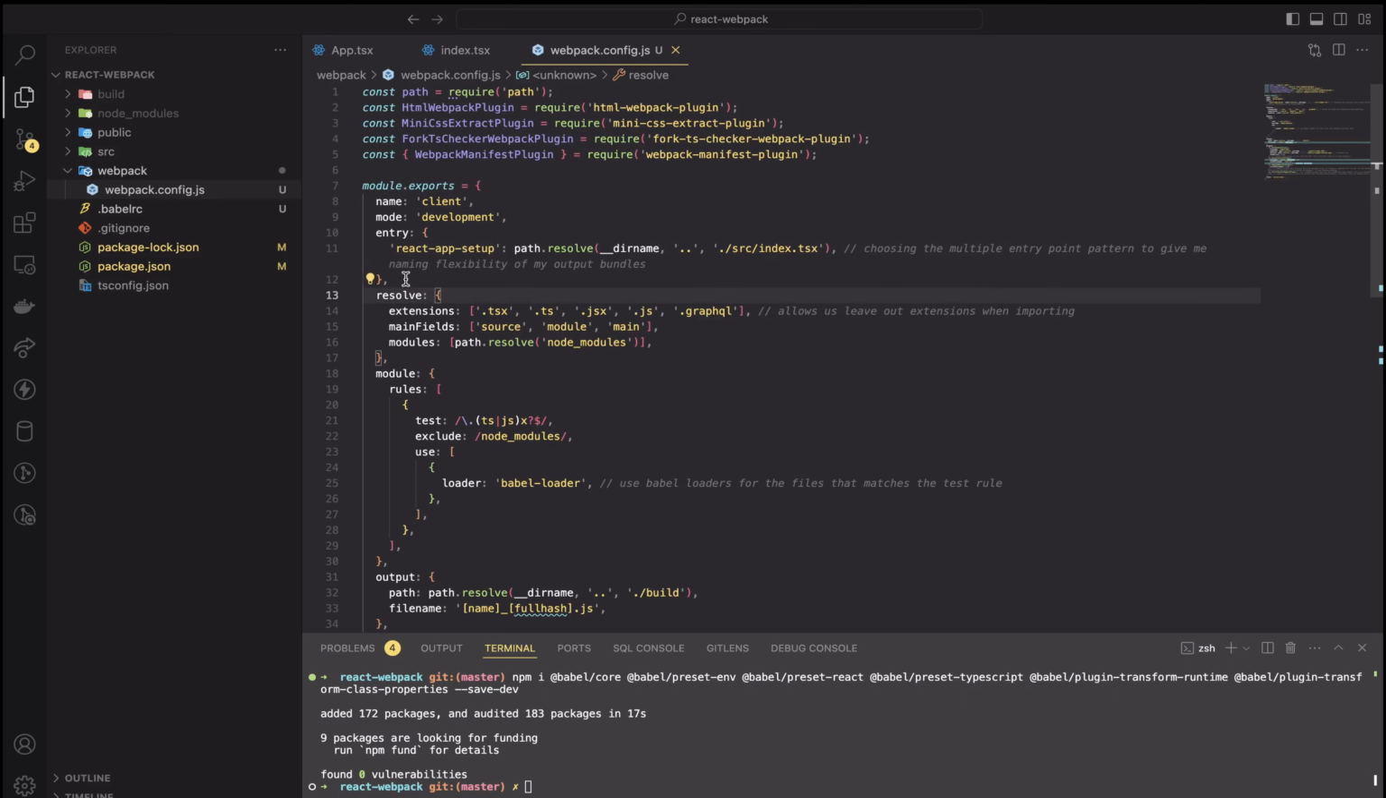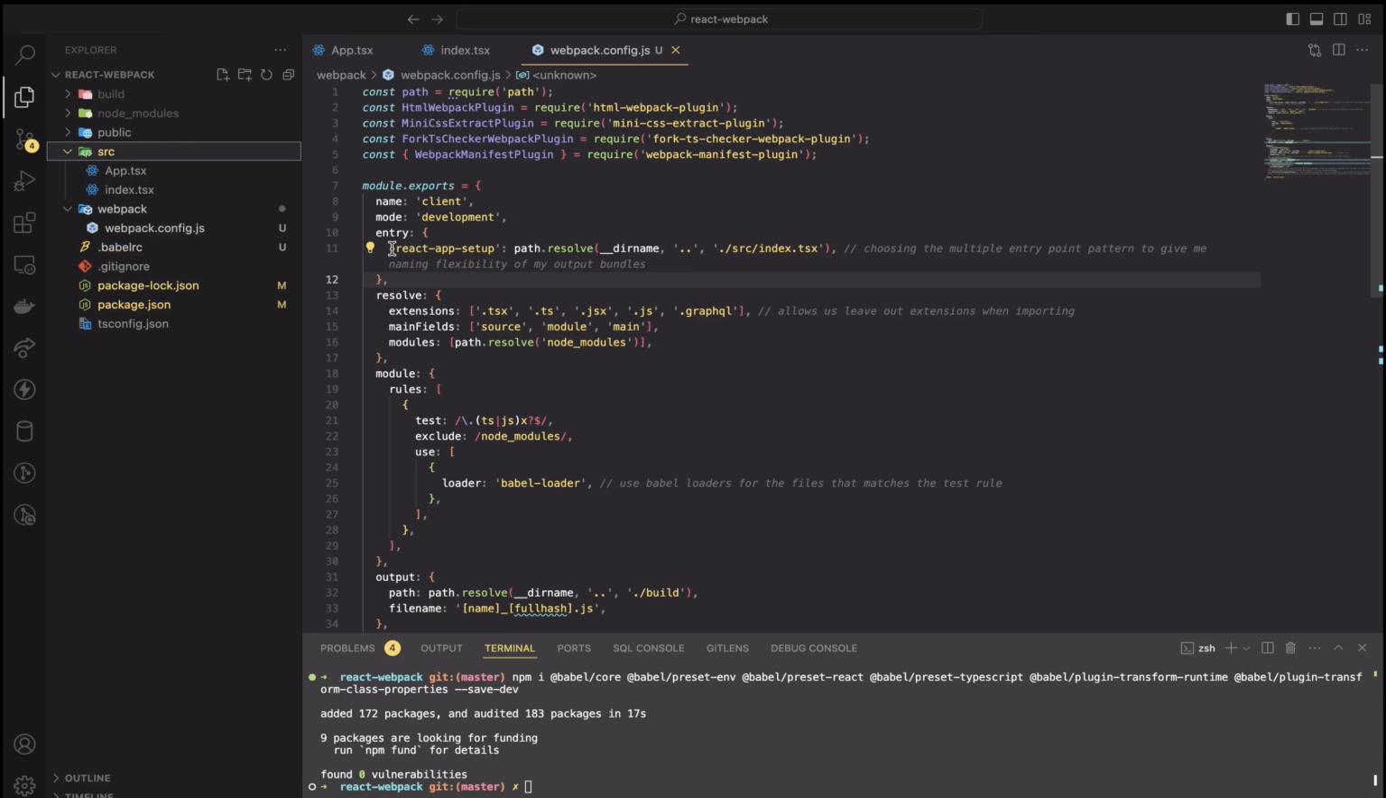Now, so this is basically the entry point. I like to use the object pattern because this can enable you to have multiple entry points into your application. But currently, our entry point is the index.tsx file, and then also with this pattern, you can specify a good naming for your